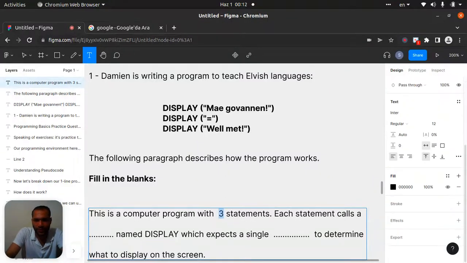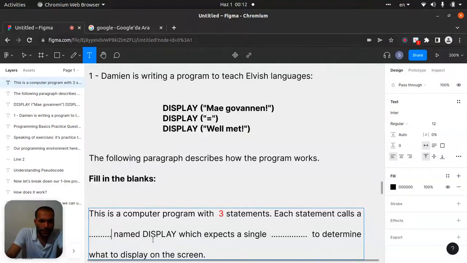Let's maybe use a different color to indicate it. Each statement's called a what? What do you think? Just think about that.